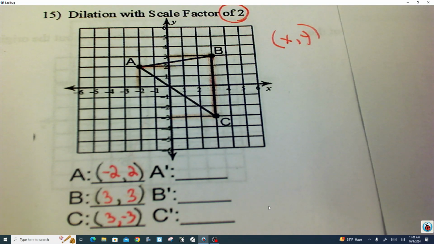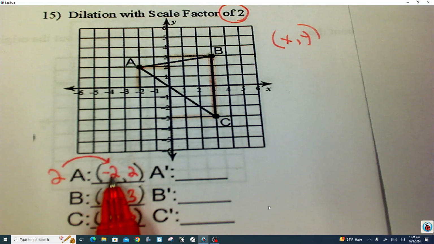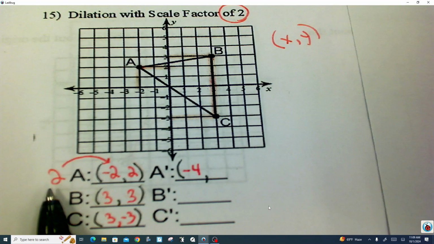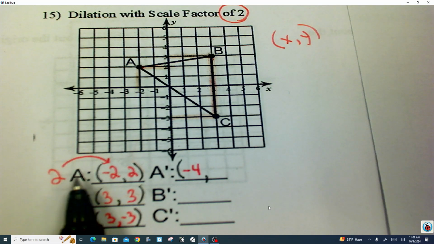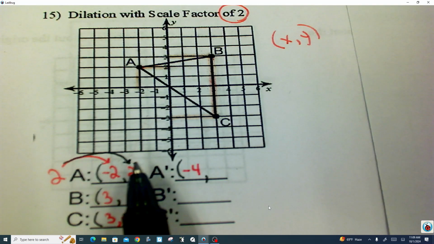You take the scale factor, in this case 2, and you multiply the X number and the Y number of each coordinate pair of each point that we got. So 2 times -2 is -4, and that's going to be our new X value for A prime. So we're going to write -4 right here. And then we take the scale factor again, and this time instead of multiplying the X value, we're going to multiply the Y value, the second number. So 2 times 2